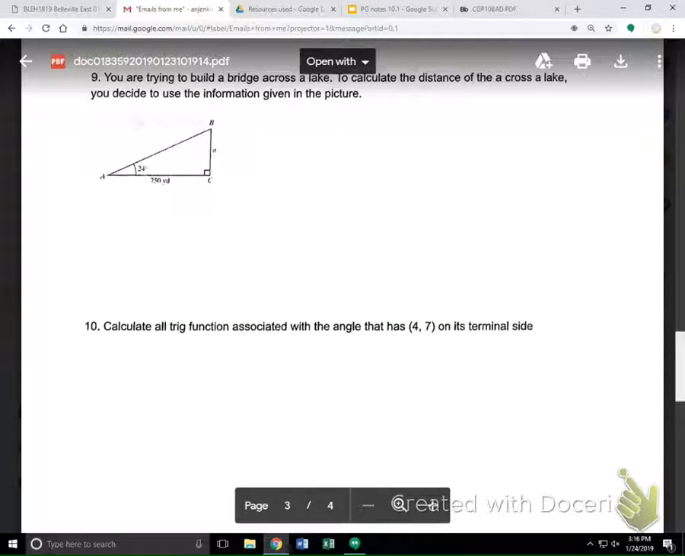You're trying to build a bridge across a lake. Super exciting. And you want to calculate the distance. And you see your triangle here. I don't know if you can see the lake on your page. Mine's a little hard to see. So what trig function relates the two sides that we have? So you have tangent of 24 degrees equals... exactly right. We end up with 750 yards